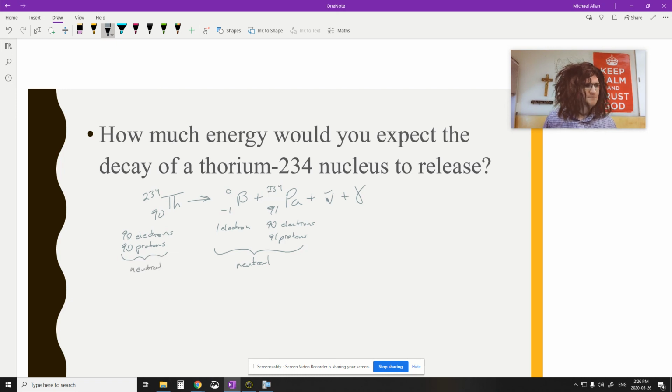Okay? So neutral, neutral, everything, conservation of charge does work out here. Now, the idea that this is neutral is that when I talk about the mass of protactinium, let me just